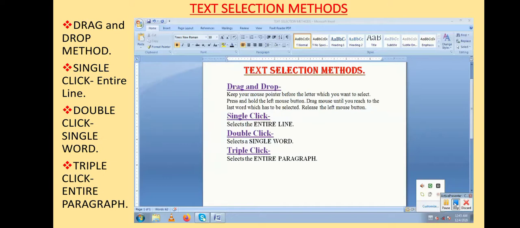And here you also note down one thing. Wherever we have reference of this click, we have always done the left click. So in this way, you can select the text by using the computer mouse.